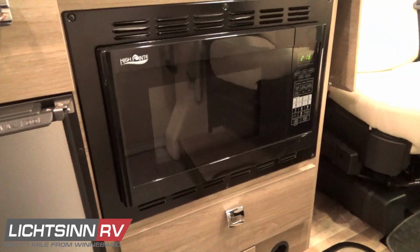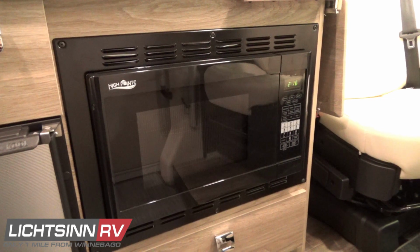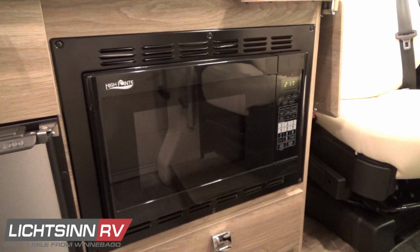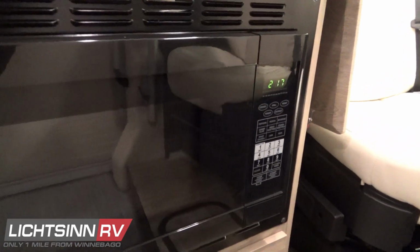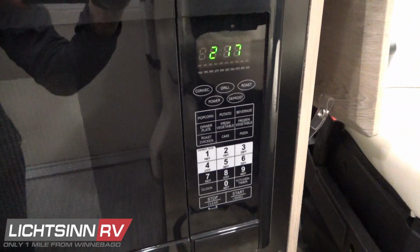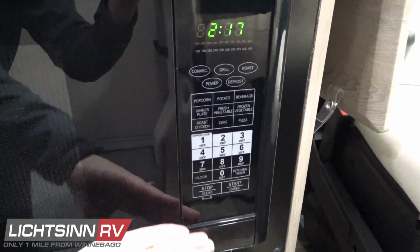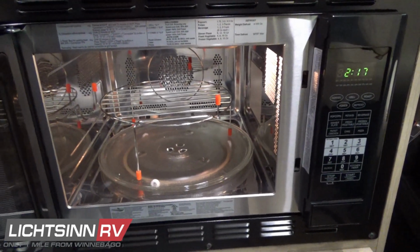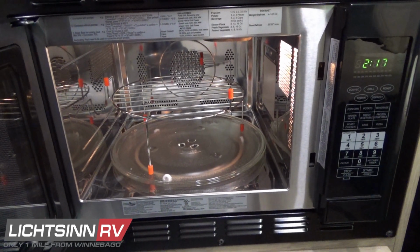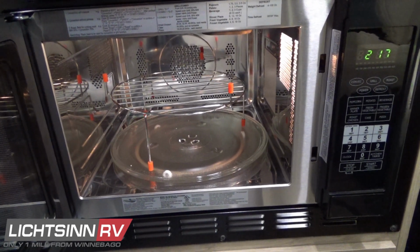Off to the right then you'll see the microwave oven with touch controls. Microwave convection oven is available based on constraints from supply chains. This convection oven allows you to bake, brown, and roast just like a traditional oven, yet it frees up all of that additional space. Be sure to check out our microwave convection cooking classes in our video library on Lichtsinn.com,